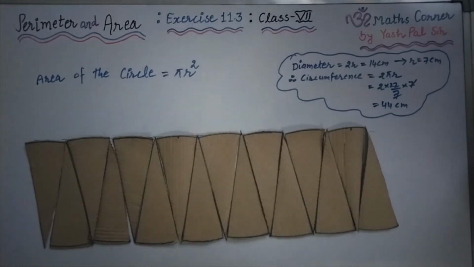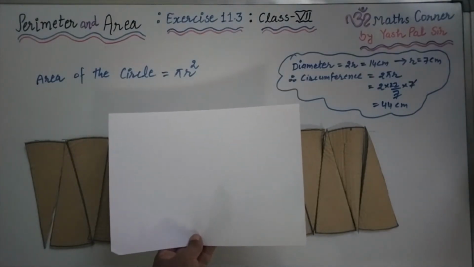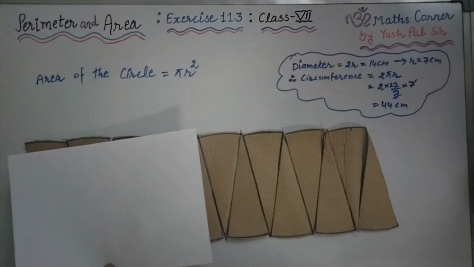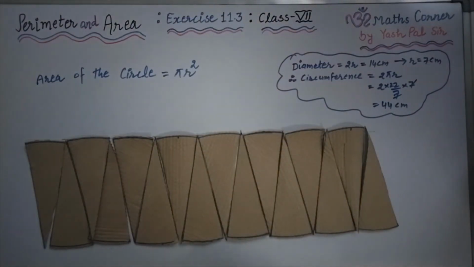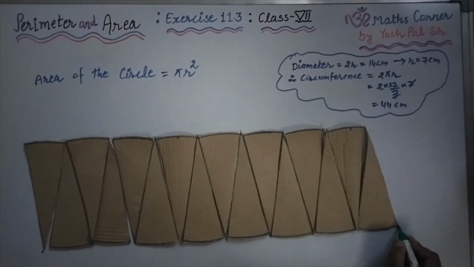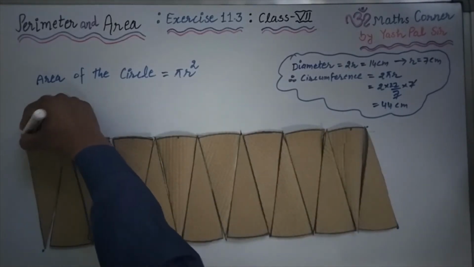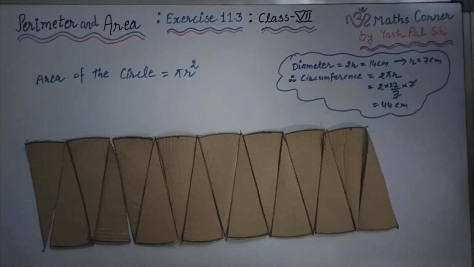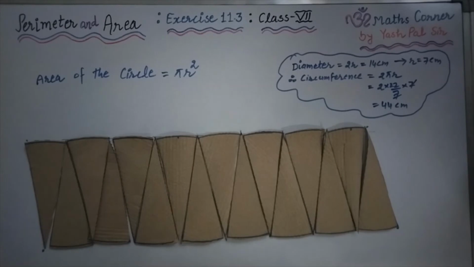What is that? Of course, this will be a rectangle, like this. This is the paper sheet, an A4 size paper sheet. This is a rectangular sheet. Similarly, this is also a rectangular sheet. I am drawing here one dot, and this is the last dot. This is the point and this is the point. Okay, we shall join them.